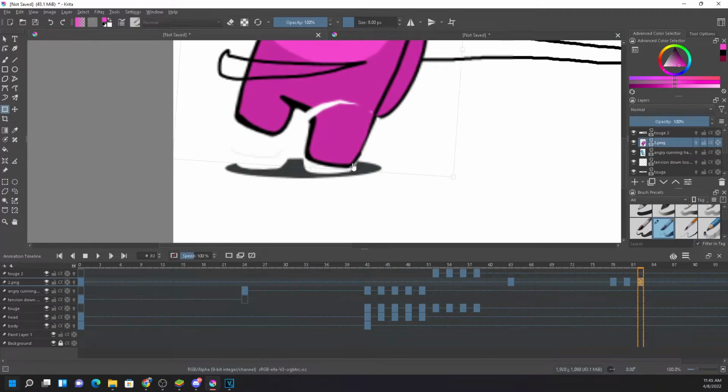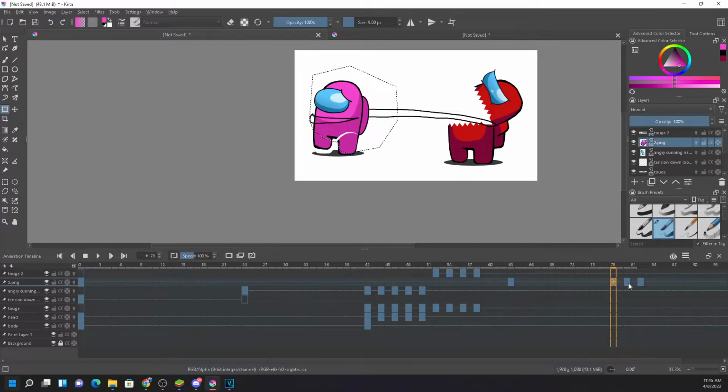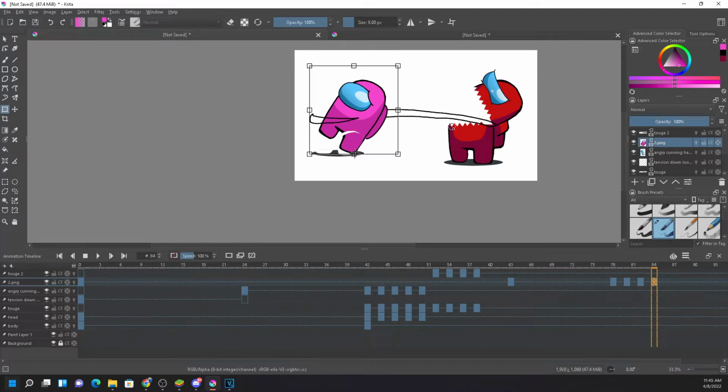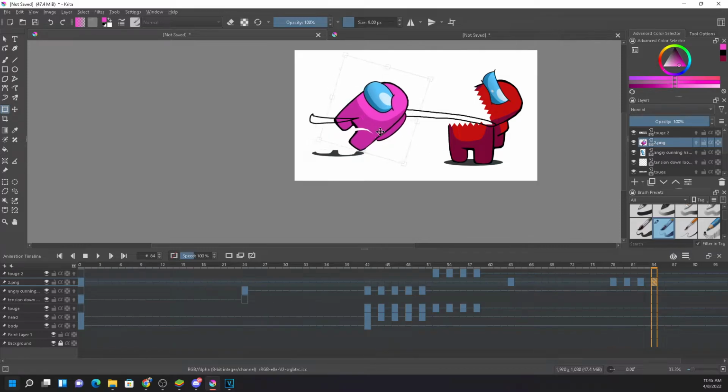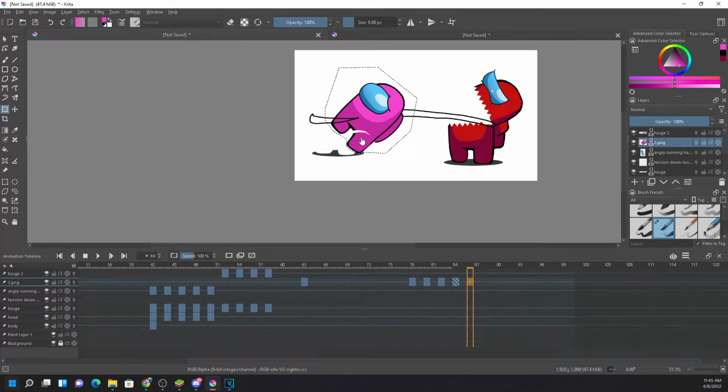I place this point over here because the body will move like this, not like this. So that's why. Now in the 84th frame, selecting this one, moving like this, and I can do the changes over here.